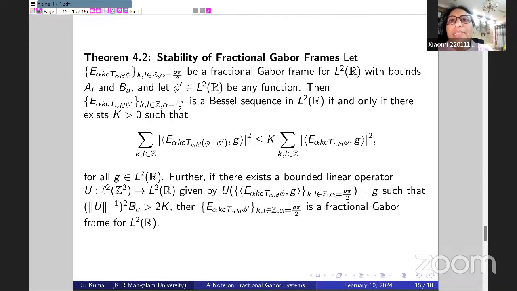And then finally, the stability of fractional Gabor frames is given as follows. Let E_{αk} T_{αl} φ be a fractional Gabor frame for L2(R) with bounds A and B, and let φ' be taken from L2(R), any function. Then E_{αk} T_{αl} φ' is a Bessel sequence in L2(R) if and only if there exists a positive number K such that